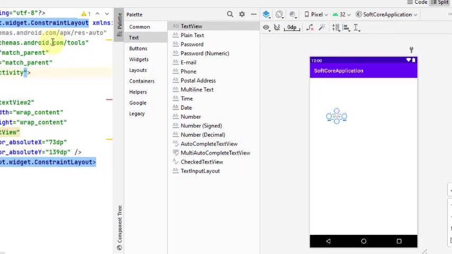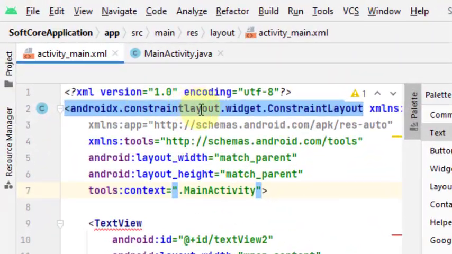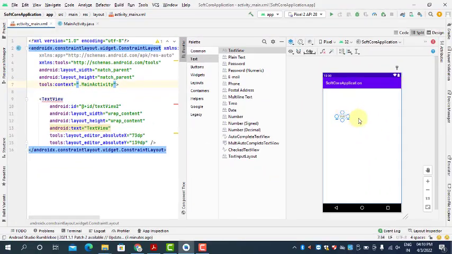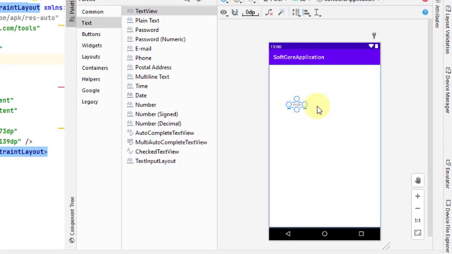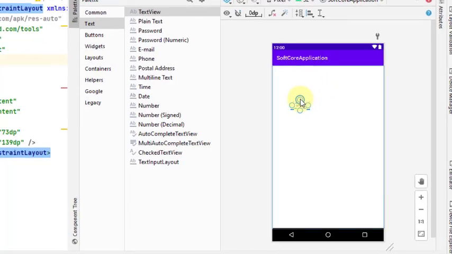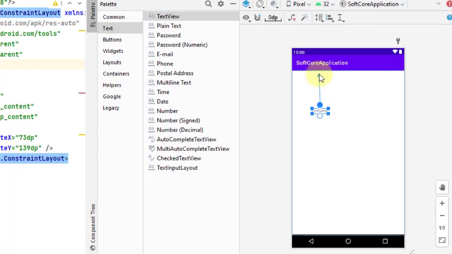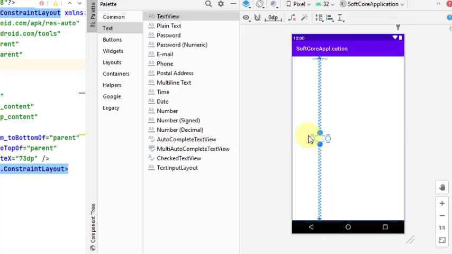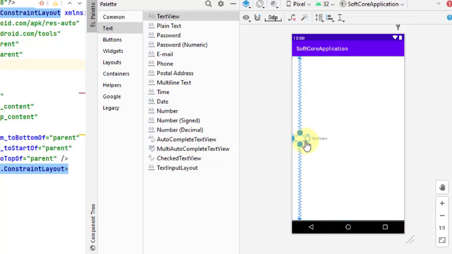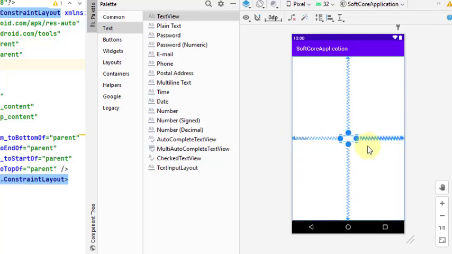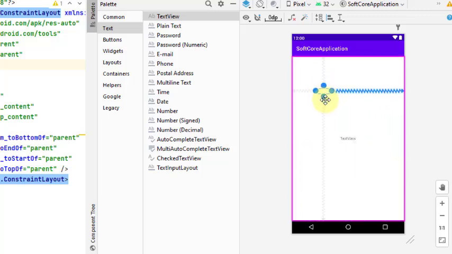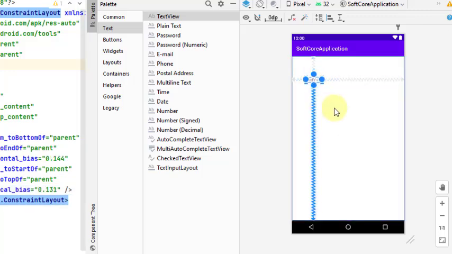Now the default layout of the Android application is the constraint layout. Therefore we have 4 bands, 4 constraints. Then attach all the bands, just drag here, and the same way for down, bottom, then left, and then right. Now we can move our text view to any place, as you can see here. Why? Because all the constraints are applied on the text view. So this is for username.